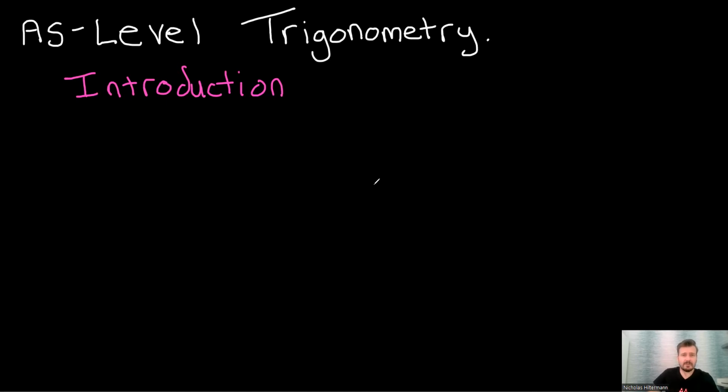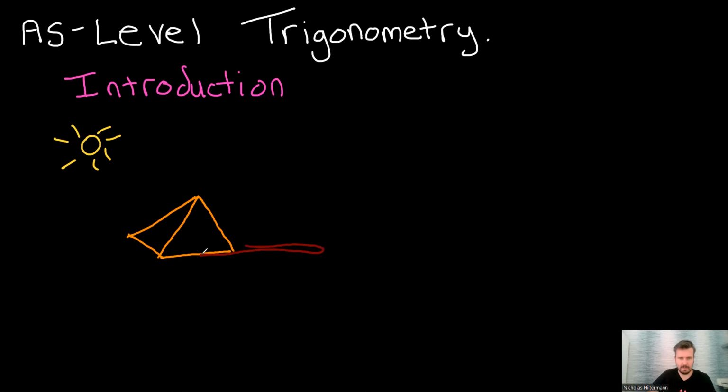So why is trigonometry important? Well, in ancient times it was difficult to, say, measure the height of a tall building. But they found that if they had, say, the pyramids like that, and the sun over here, the sun would cast a shadow of the building. So if we were to have a shadow here of the building,